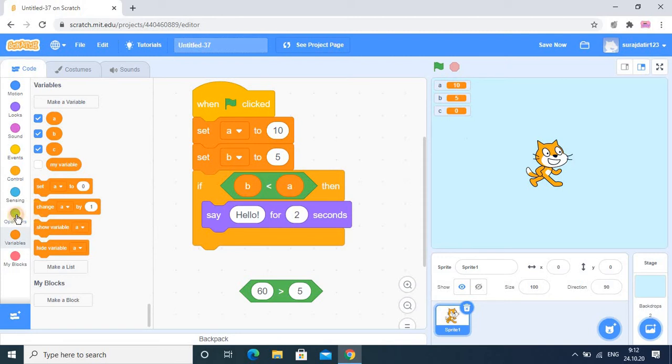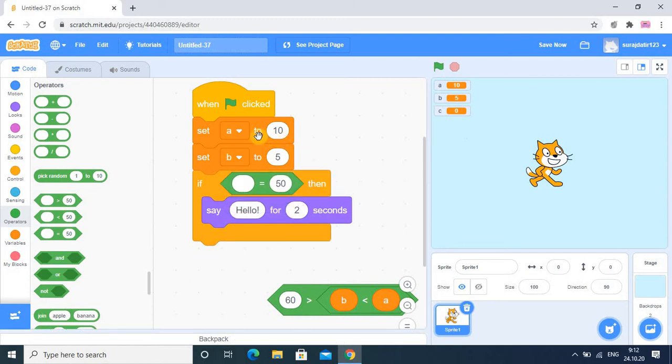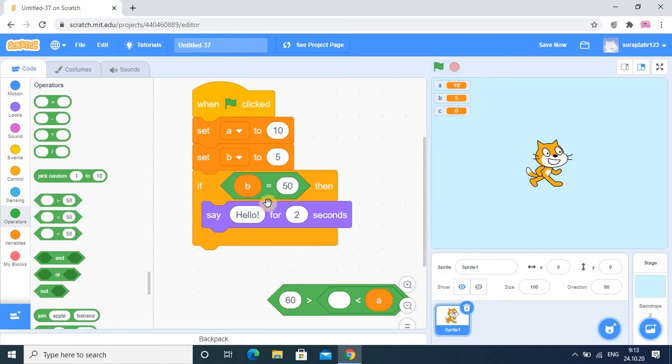Now we will use the third one. We place it here: b is 50, so it is definitely false. And suppose here we write b is 5, then it will show the output. Suppose you want to compare the variables a and b and their values are different, the condition will not be true. Here you can put the message they are not same. If they are the same, you write here they are same. So a and b are holding different values, so the condition is false and it will not show this.